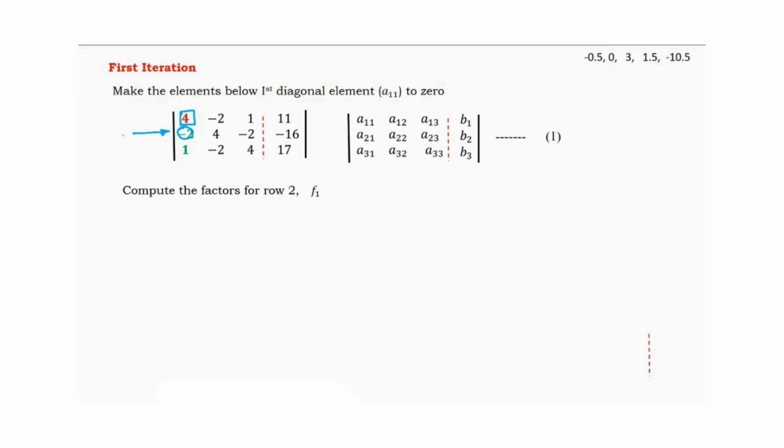Factor for row 2. Say this is the second row, so this is row 1, because we don't want to touch this row 1. So always you have to keep this row 1 as it is. Do not manipulate this row 1, and we want to manipulate row 2. So for row 2 we have to find the factor. Always factor is equal to